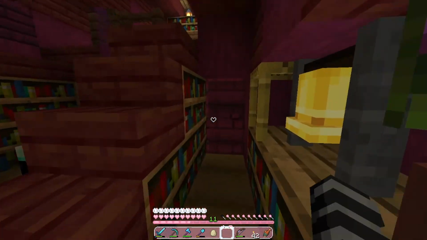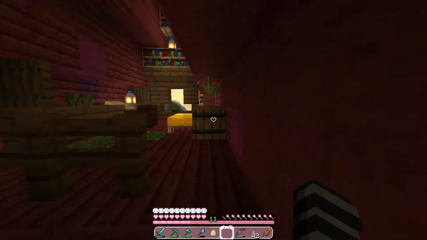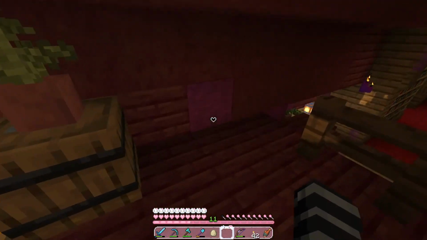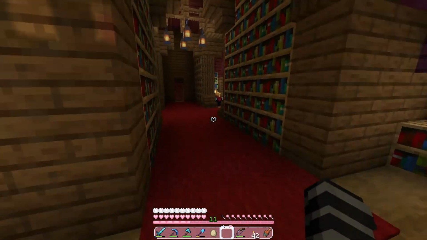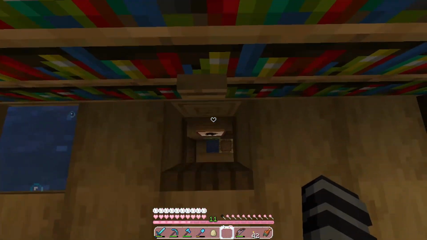So there's a secret room in the back, which is empty. I definitely should put some stuff in here, but I don't really know what to put. And there used to be a villager up here that this was his bedroom, but he is gone. I don't know what happened to him. But yeah, so the villager is gone. We go down here,